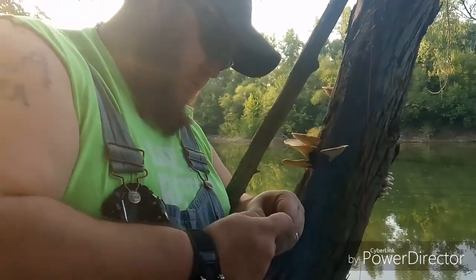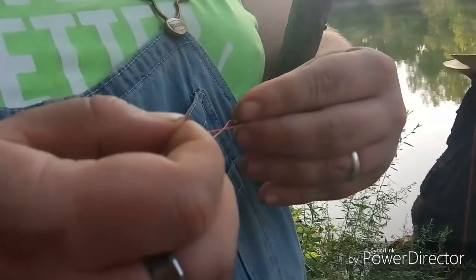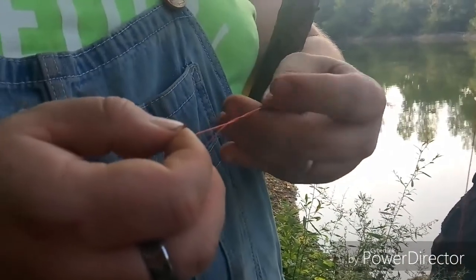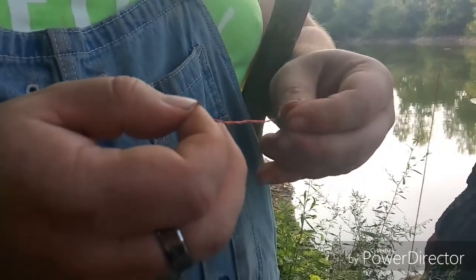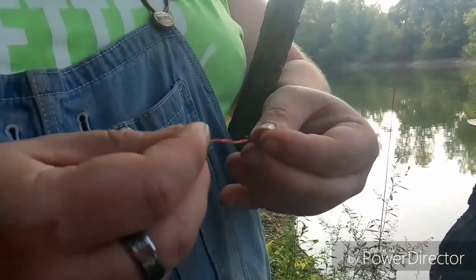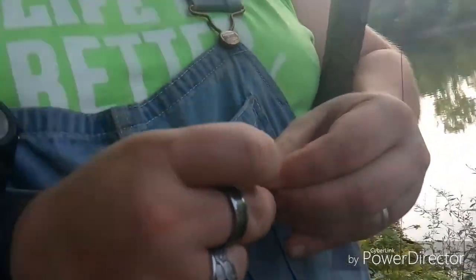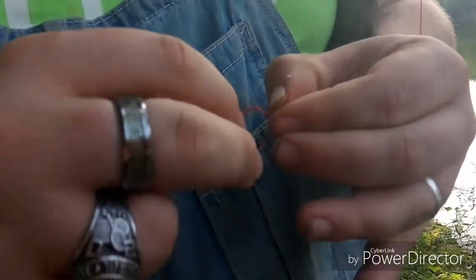Alright, so we threw the hook, and we're going to do what I learned when I was a kid. We're going to do what your grandma showed you. I was told it's called the unbreakable knot. It might be called something else, if y'all know it as something else. Did about 7-8 twists in that bad boy, kind of the same knot that I put at the top of this. And you run it back through there,